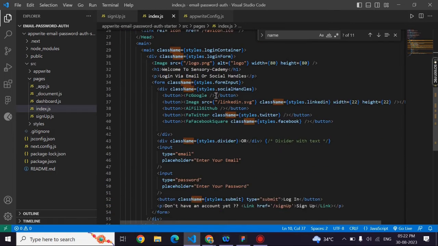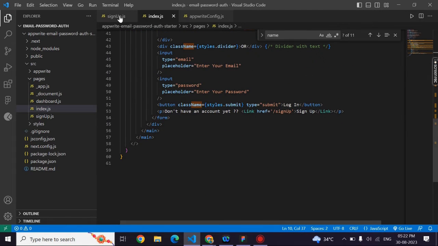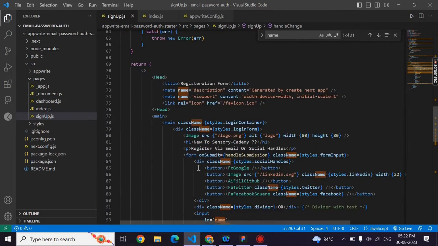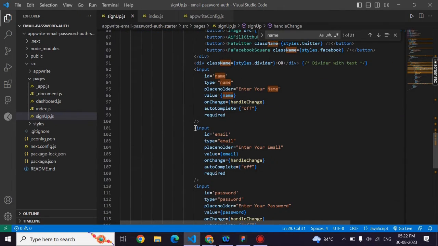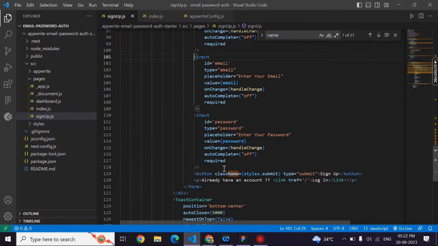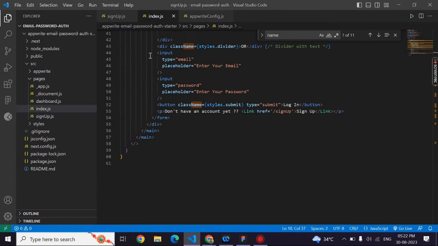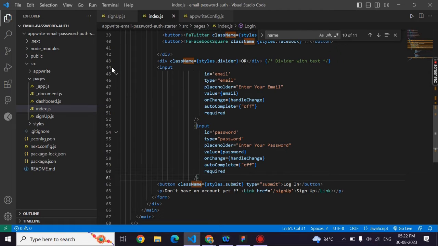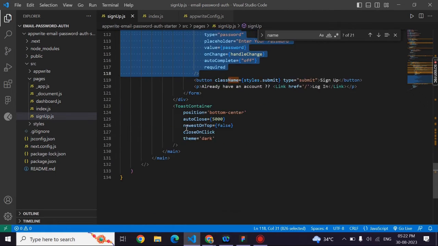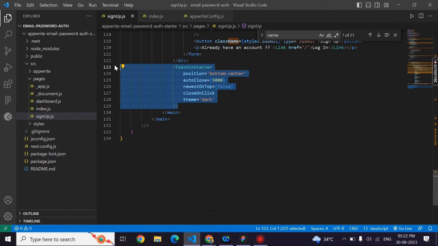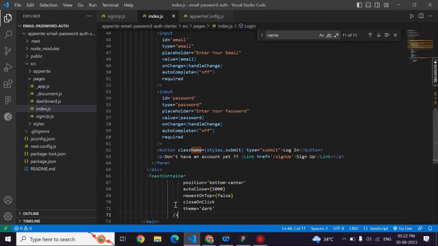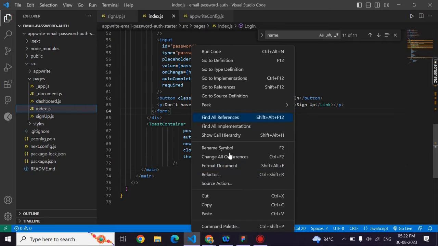And after that, let's scroll down. Yeah, we need to add or link the use state hook to the input tags. Let me scroll down and I'll just copy this email and password input tags and I'll paste it over here. And I'll format the document again. Later, I'll just copy this toast container, paste it, format the document,